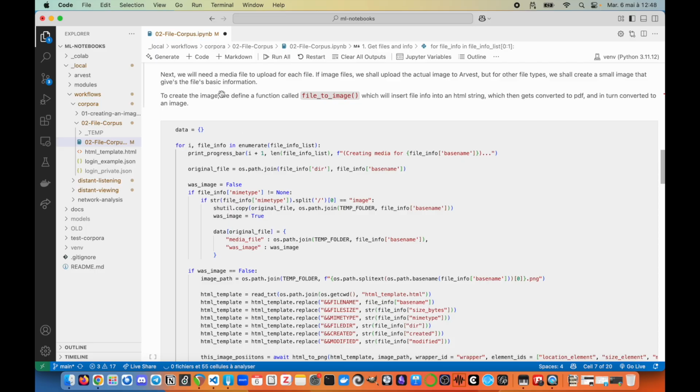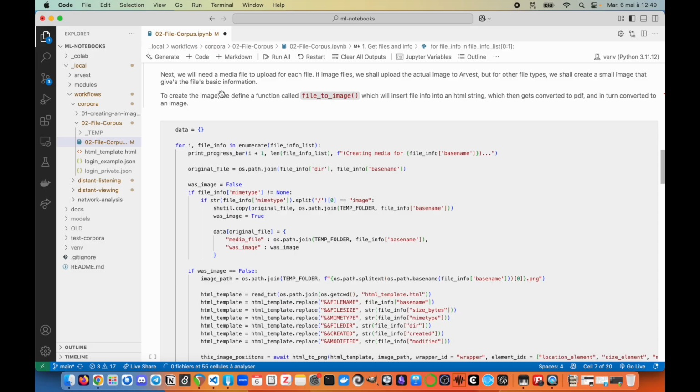But as you probably know, in IIIF every manifest needs a media file as its base, typically an image file. There are instances where, for example, XML data has been passed into Mirador, but it's not truly officially IIIF compliant. So we're going to be creating an image for each of our files,